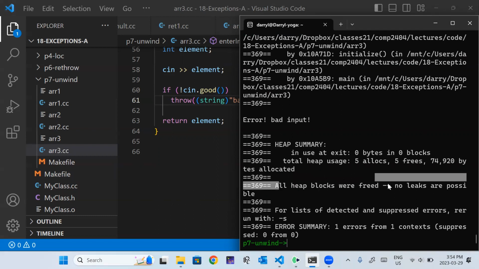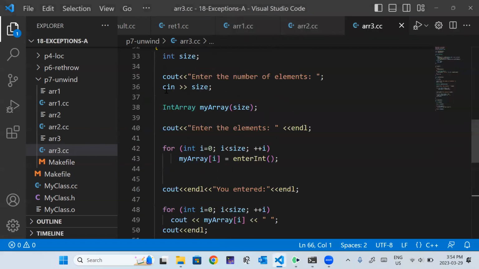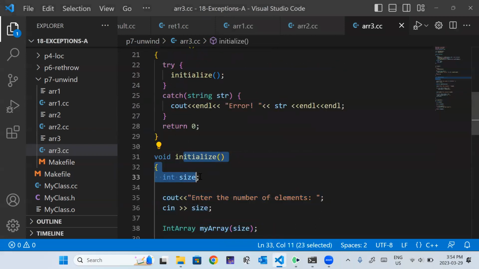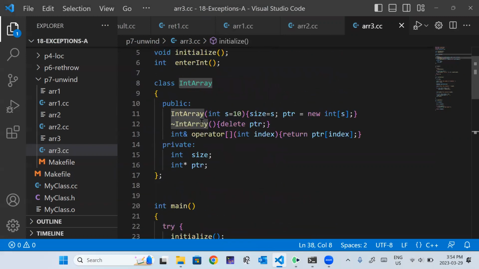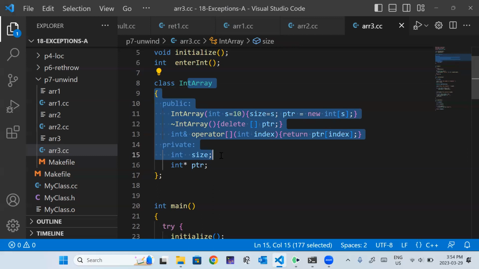Right, and then I don't have to catch this error in my intermediate function, right? Because when that stack frame is popped off, all the local variables are destroyed, which means their destructors are called. So the destructor of my int array is called, and geez, I can't even believe that worked. I always forget that, apparently. But it's C++, so sometimes your mistakes work. But yeah, so this object, which I declare locally now, gets deleted automatically. The destructor is called and my dynamic memory is destroyed.